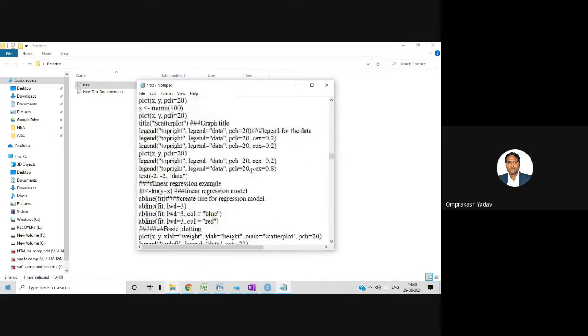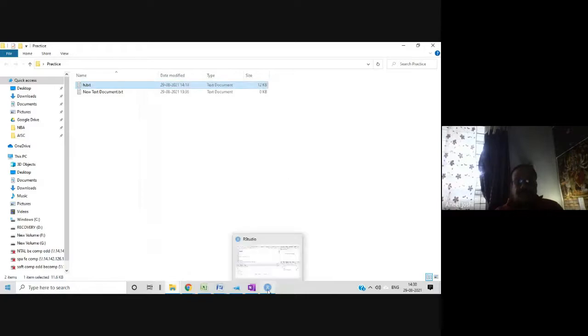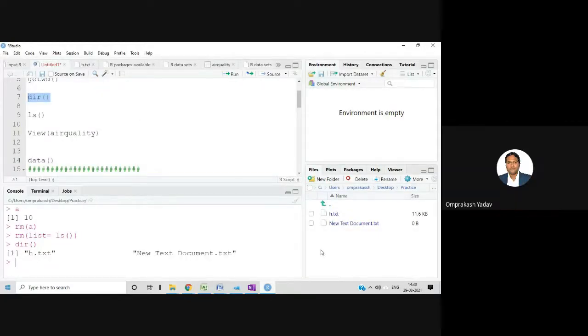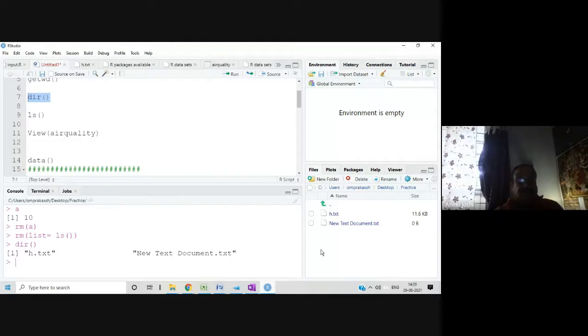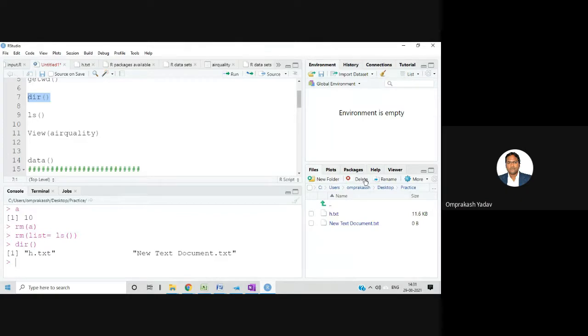Clear? Now, coming back to this one, just one final clarification. What is showing in the fourth quadrant, h.txt? It is only saying that the file is there. What is the meaning of this display here? For example, I am in the practice folder right now. If the practice folder is open, it will show the content of that particular folder over here. For example, if I click on this desktop, I can see the content of the desktop folder over here. Clear?